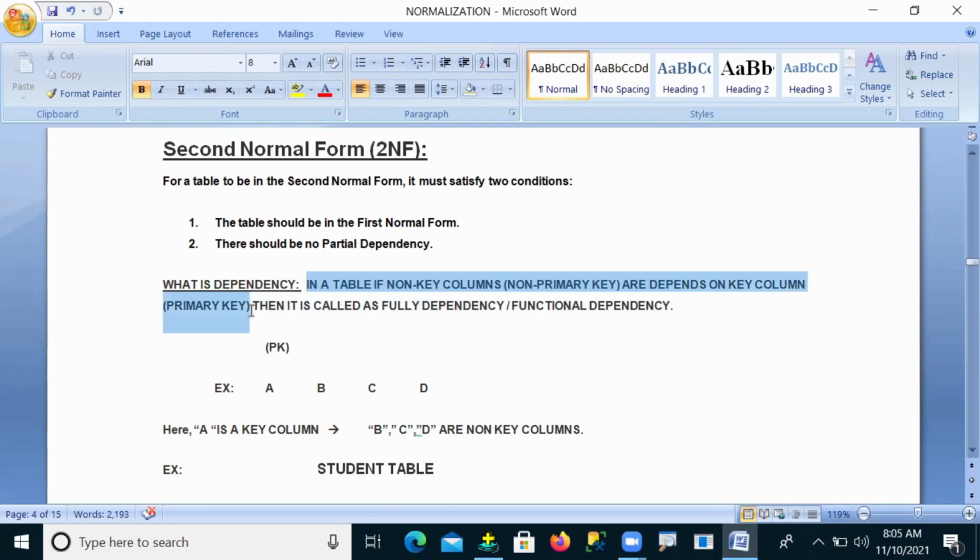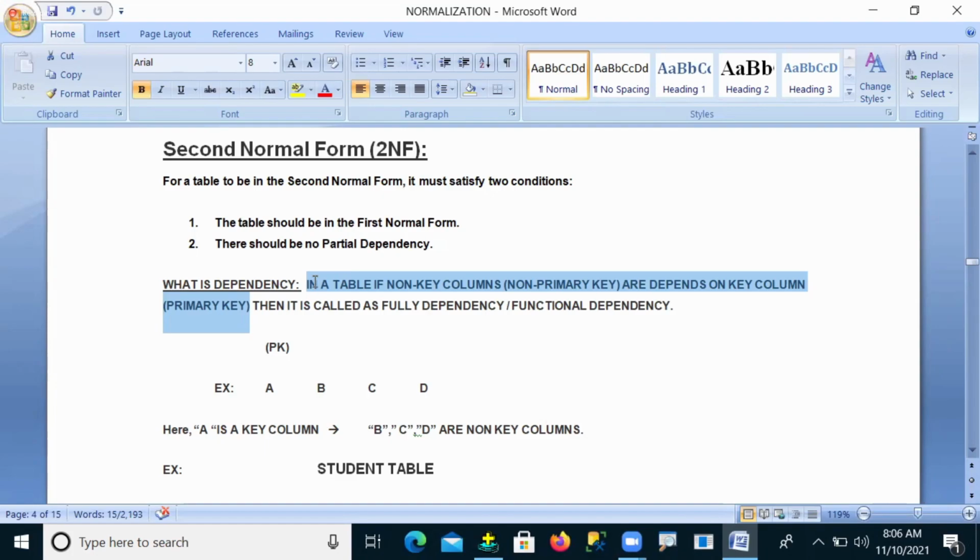Key column means primary key column. One important thing in normalization is that you should have a good idea of primary key and foreign key relations. In the constraints concept, we already discussed what a primary key is, what a foreign key is, how to establish the relations, what rules there are, and what a composite primary key is. Just recall that topic and observe, then you can easily understand. If you have not understood the constraints concept, then normalization will also be confusing, guys.